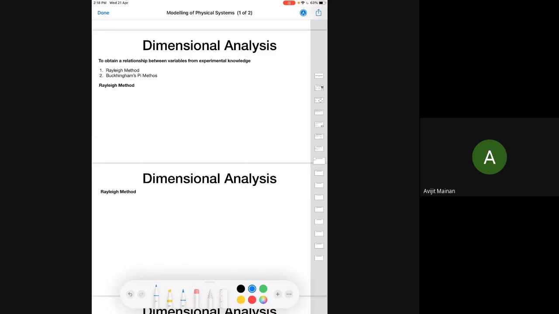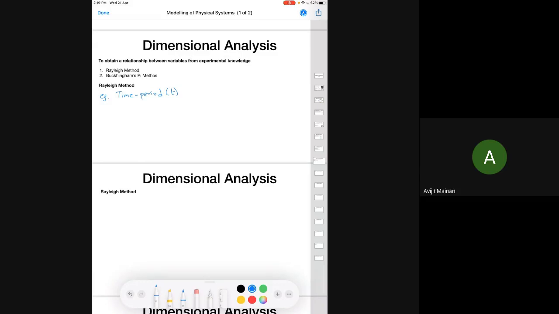Now let's look at the methods for dimensional analysis. So there's the Rayleigh method. The Rayleigh method is what we are taught in school about how to find out the relationship. So we'll take an example here. From an experiment, we have figured out that the time period T of a pendulum